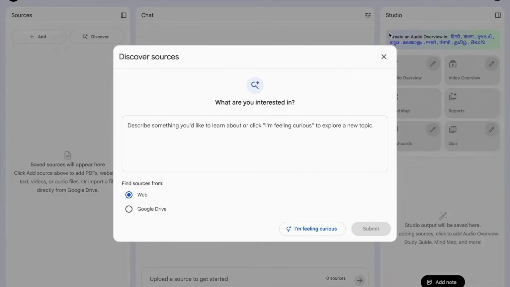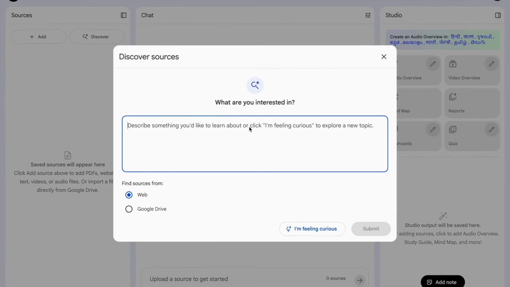Now Notebook LM would discover the sources for you as per the prompt that you are giving over here. In this case, we are trying to learn about the solar system in the fifth and sixth standard. You just need to give a prompt stating that you want to study the solar system and you are a student of fifth class or sixth standard, whatever it is. In this case, we have taken fifth standard, and if you want to specify the board or specific things from where it has to pick up the material, you just need to give the prompt over here,